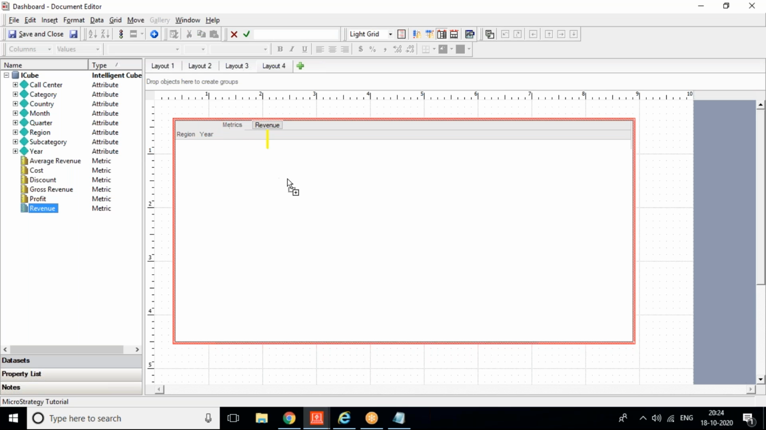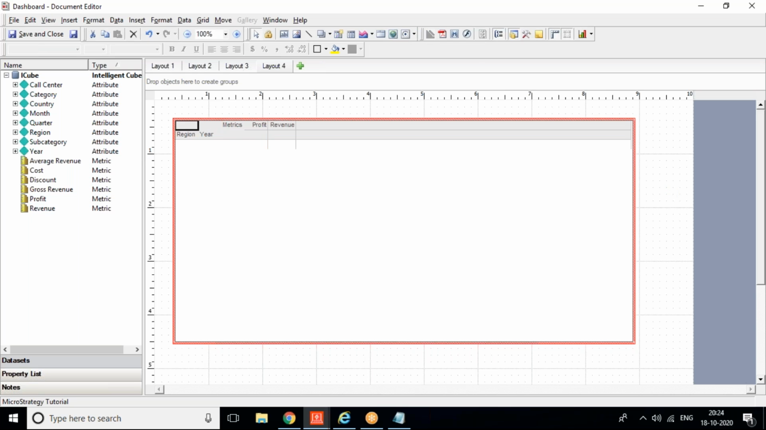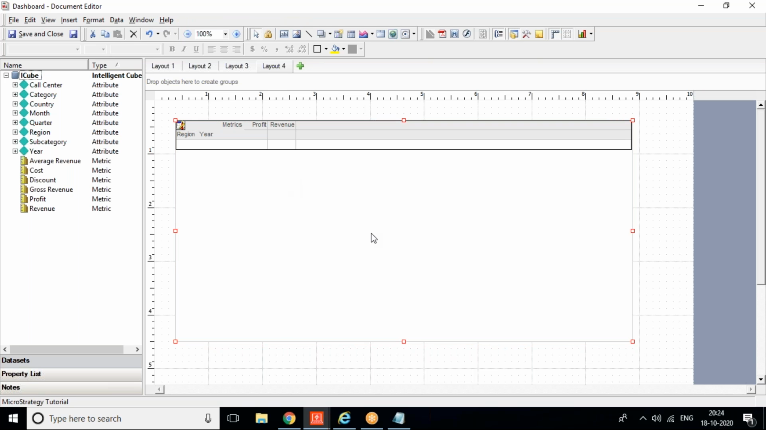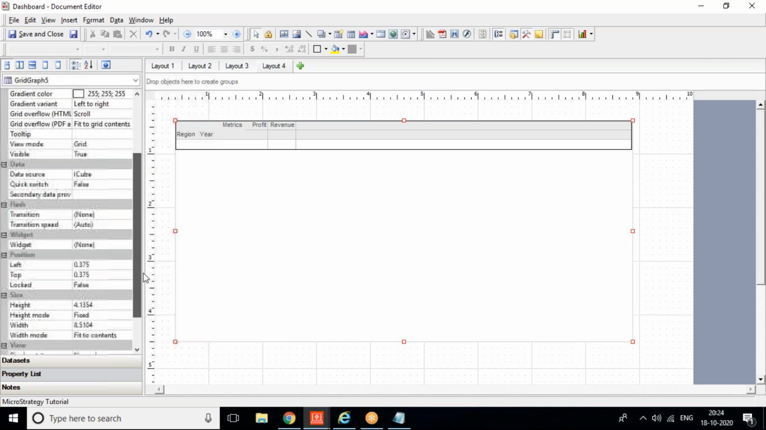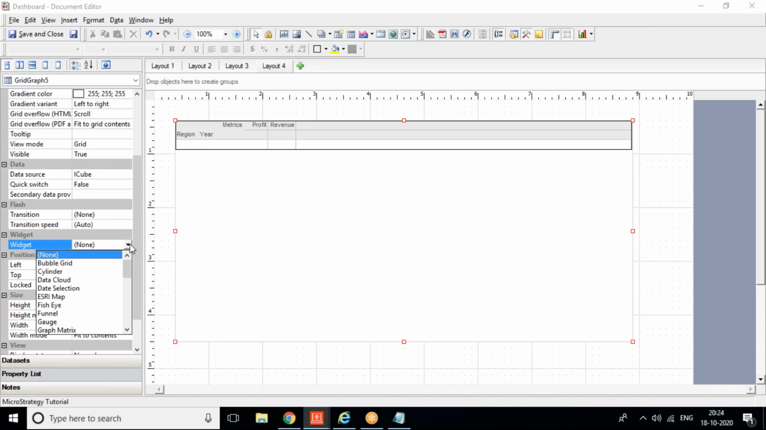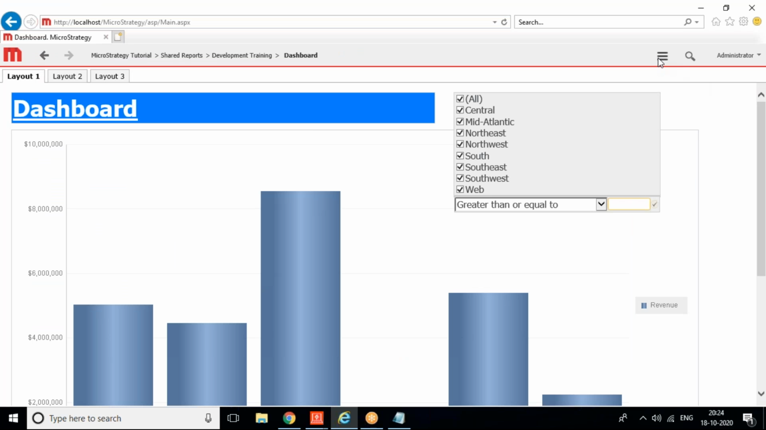Now remember, yesterday we created a heat map with 2 attributes and 2 metrics. I want to display this in a heat map format. Just click over here once, go to the property list, and there is an option called widget. You just have to select the widget in which you want to display it. That's it. Now let's say I want to display this as a heat map. I'll click on the heat map, I will save this dashboard, and if I go back and refresh it,